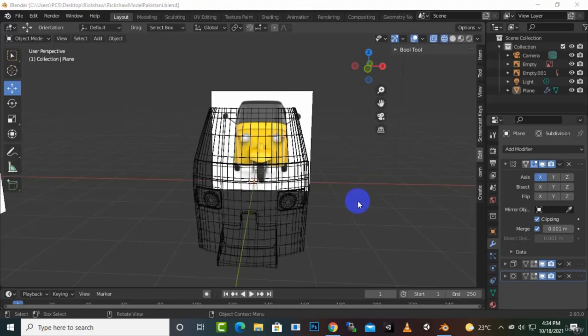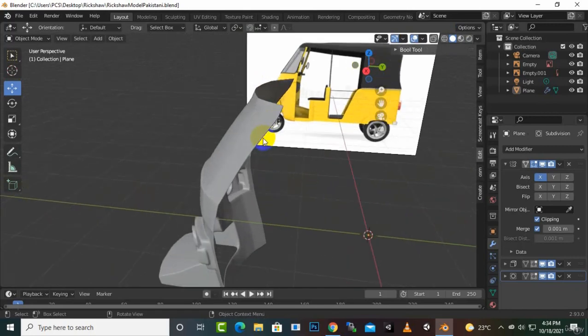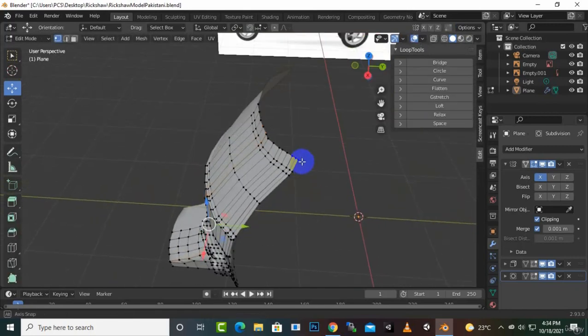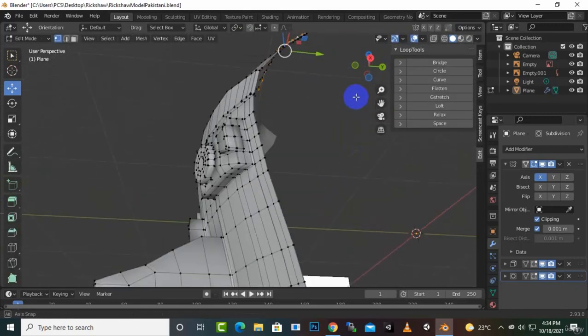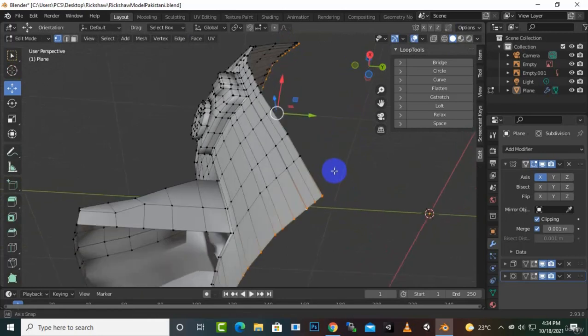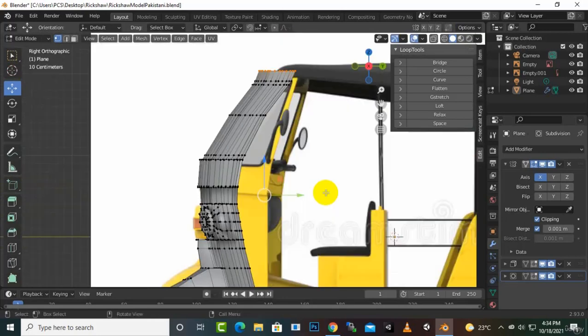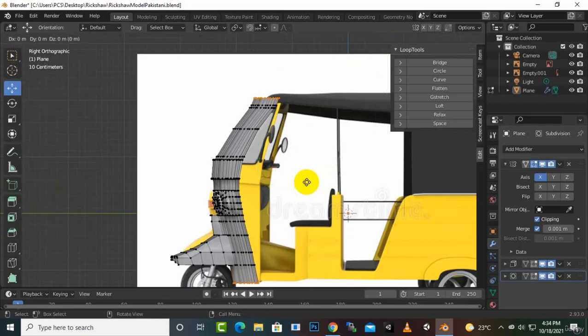Everybody, welcome back. In this video we are going to create the upper and the bottom section. So for that we can just select this loop and this loop as well, and we can just start extruding. So we'll go to 3, we will just press E Y,